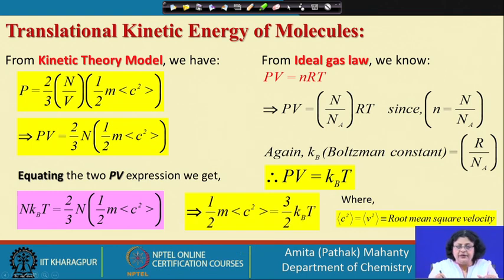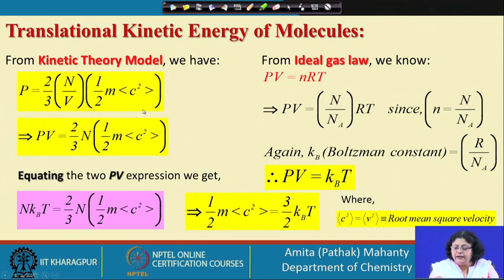We have derived what the pressure is, in terms of the root mean square velocity of the molecules, and then we had the ideal gas law, where you have PV equal to nRT. Here we have the definite molecules of gas with a definite mass and occupying a definite fixed volume. So, the volume of the gas is fixed. If the volume of the gas is fixed, depending on the number of molecules which are present in that definite volume, we get the pressure relationship in terms of the root mean square velocity of the particles.